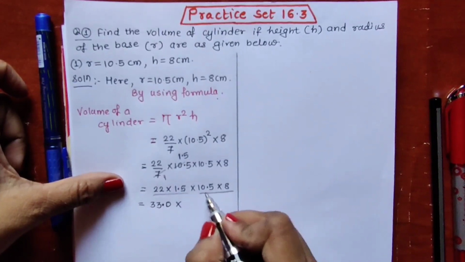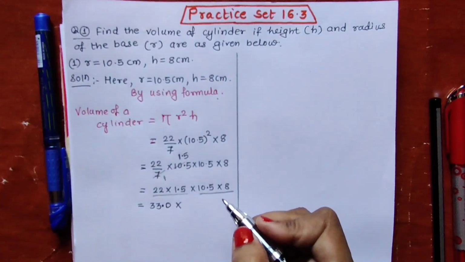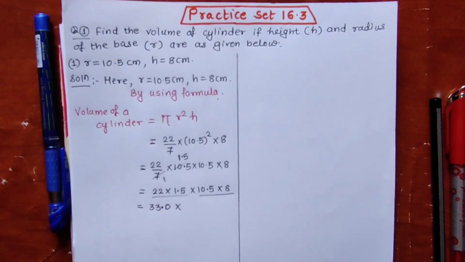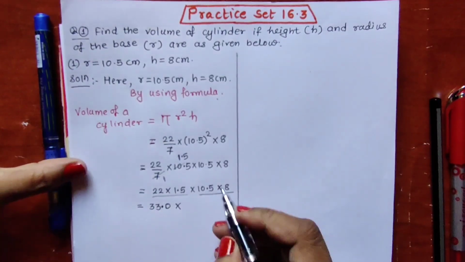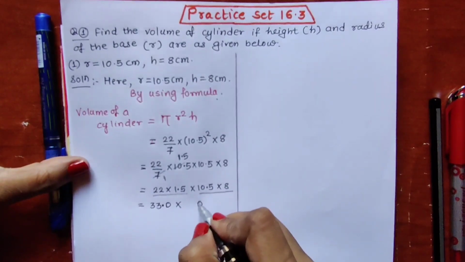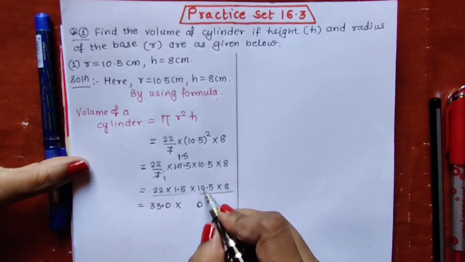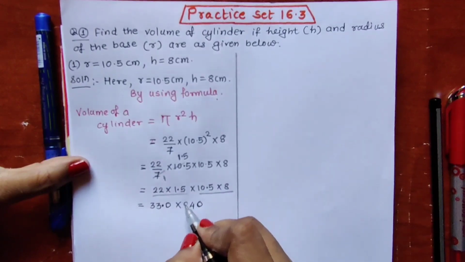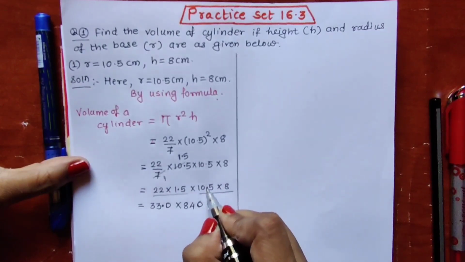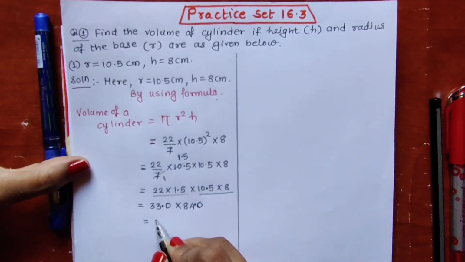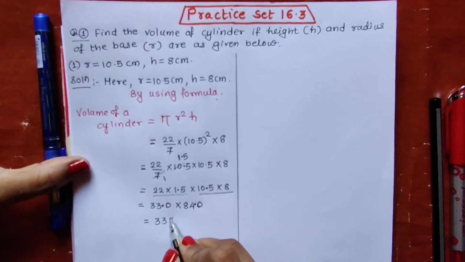Now let us multiply 10.5 by 8. This also we can do orally. So let us do it. 8 5s are 40. 0 written, 4 carrying. 8 zeros are 0. 0 plus 4, 4. And 8 ones are 8. In one number only after point one digit is there, so we have to put a point here, so there will be one digit after point. So what we are getting, 33 multiplied by 84.